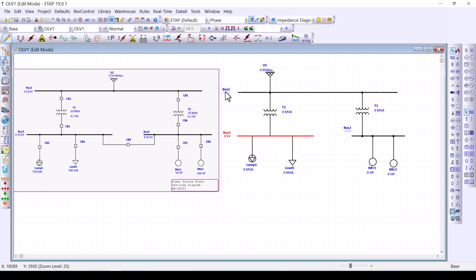Now my buses match bus 1, bus 2, and bus 3 as shown on the one line diagram. Let's add the breakers. To add the breakers, I will start in the same sequence as the one line diagram. It looks like I have circuit breaker 1 here, circuit breaker 2 here, circuit breaker 3,